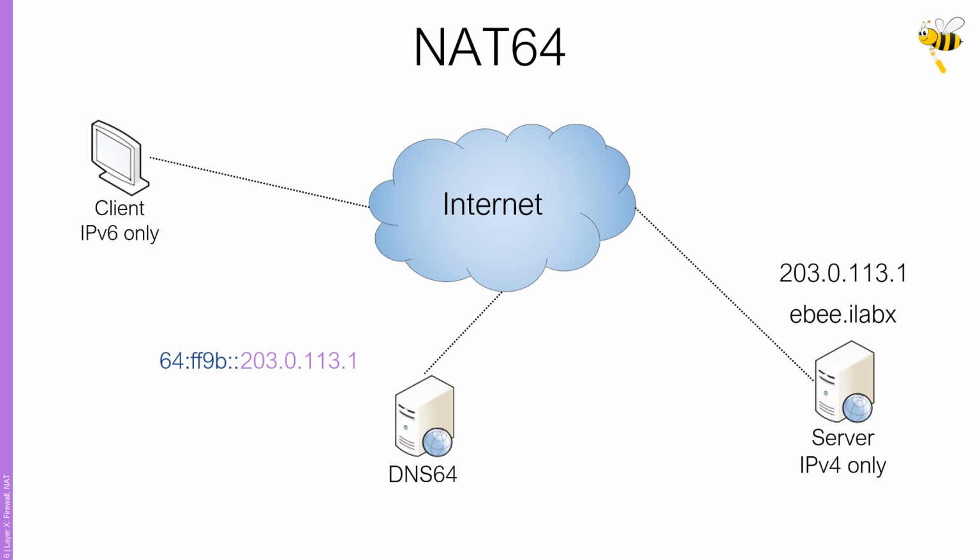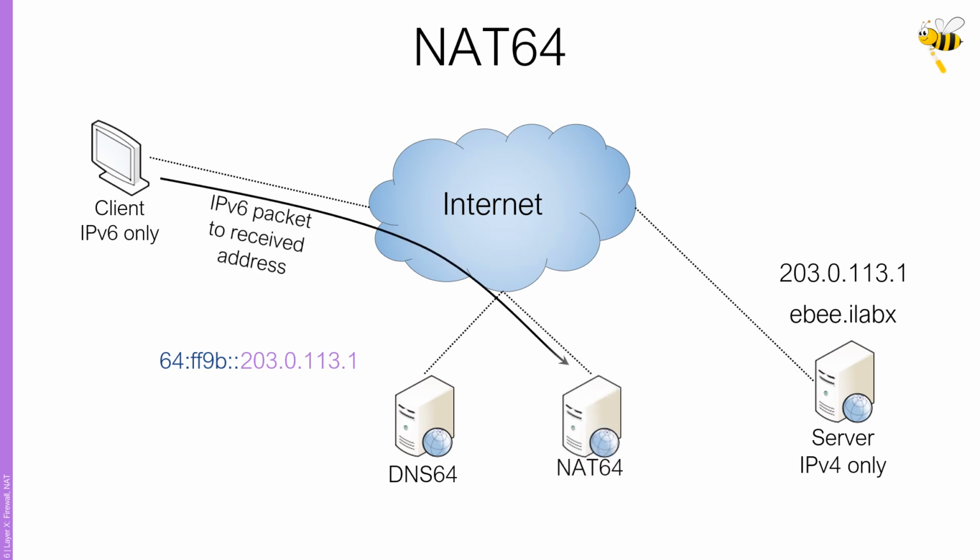Based on the prefix used for the artificial IPv6 address, in our example 64:ff9b/96, routers in a network are configured to forward packets for such prefixes to a NAT64. The NAT64 then extracts the IPv4 address of the server from the received IPv6 address. Remember, these are just the last 32 bits. In addition, it translates the other information from the IPv6 header to the according IPv4 header. Then it sends the packet to the server using IPv4.